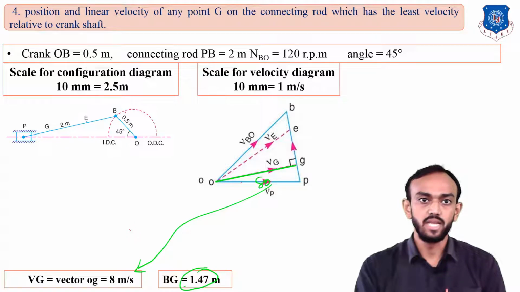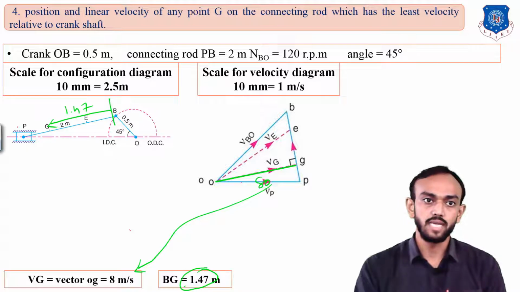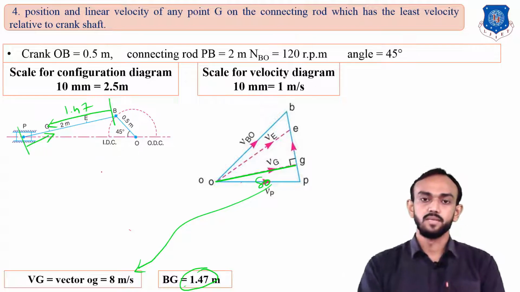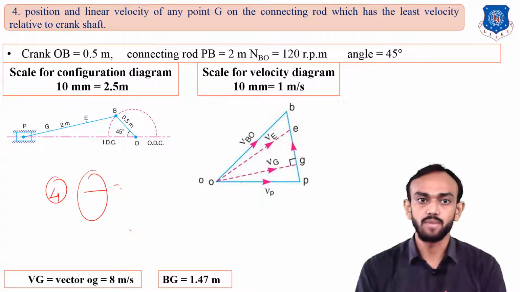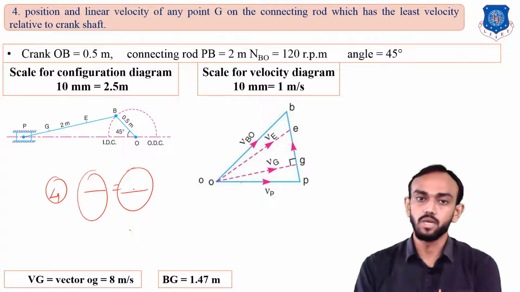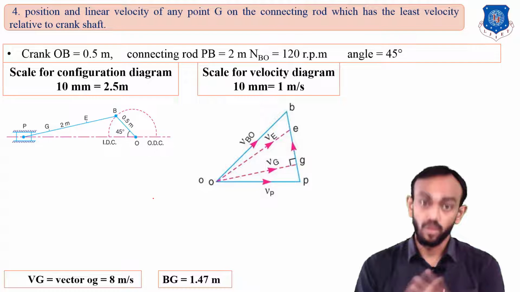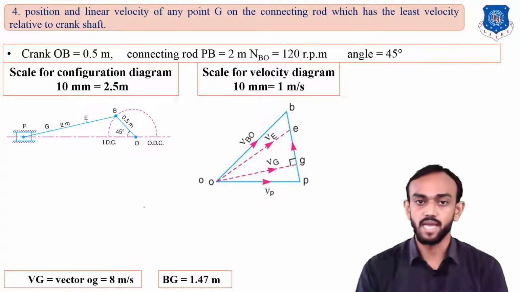So from B to this G distance you will get 1.47, or if you have selected PG, you will get it from here also. Okay, so this example is totally based on rule number 4. In rule number 4, you know that the ratio on the velocity diagram is equal to the ratio on the space diagram, and you can find any point on a velocity diagram as well as on a space diagram. Okay,